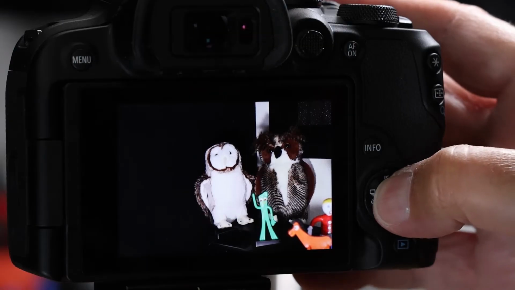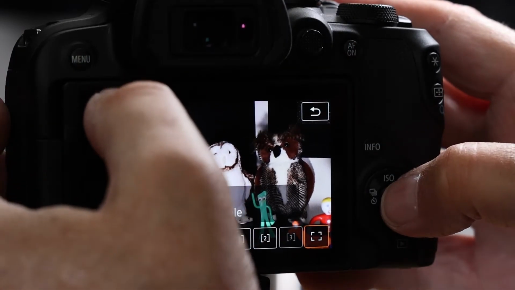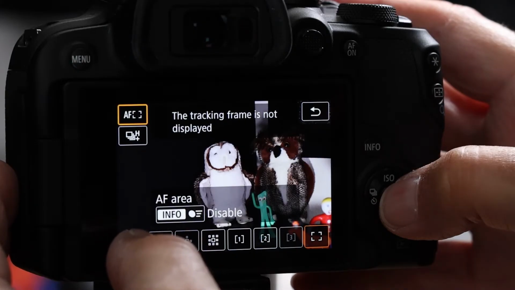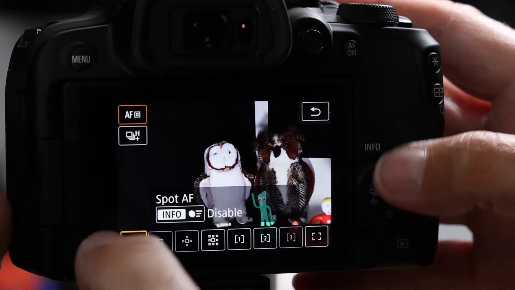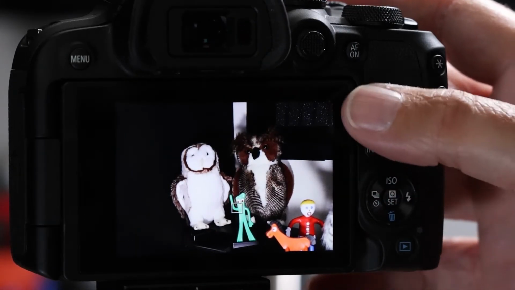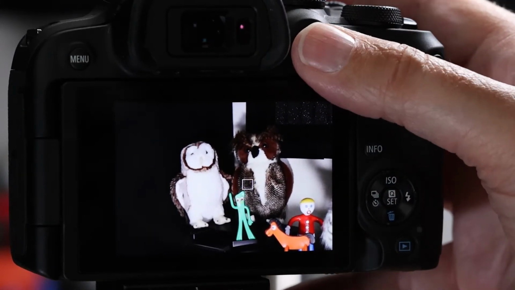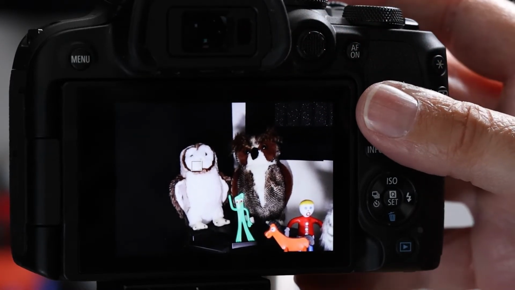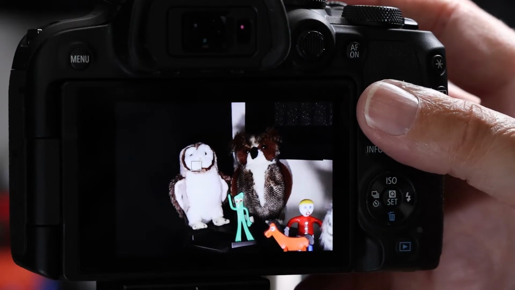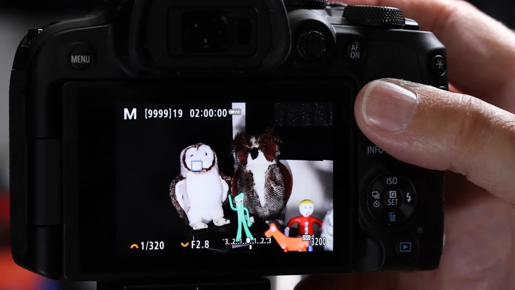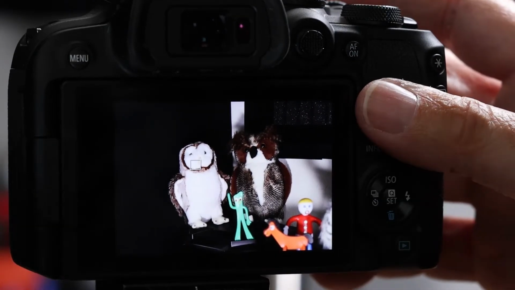So if we go to a different autofocus point, let's see if we can demonstrate that. Let's go to this one right here. Spot autofocus. Let's put it like on his nose. Let's see if it'll find his eye. Oh, that's because, all right,